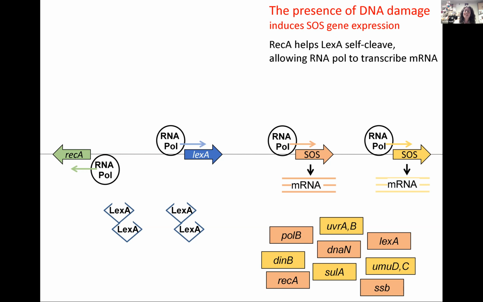What we study, not necessarily the actions of these genes, because these genes are the ones that are trying to fix the problem without any errors. They're cutting out bases, they're cutting out pieces of DNA, they're recombining within the cell to try to get things back to the way they were before DNA damage. But sometimes that doesn't work. And when there's too much DNA damage going on for too long, we see some other genes that are being expressed,